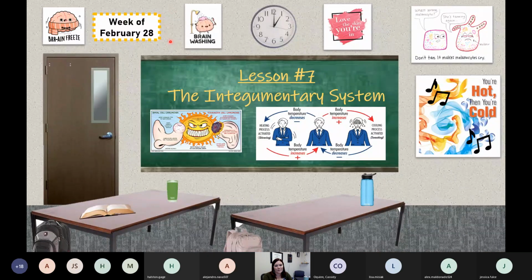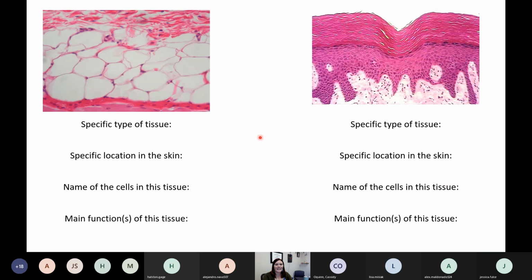Today we are talking about the integumentary system. The integumentary system is a fancy word for the skin. We are going to focus on the epidermis layer primarily today, and we'll talk more about the dermis layer and below in future classes. I'm going to start off with a little something that my Monday lab friends hopefully can